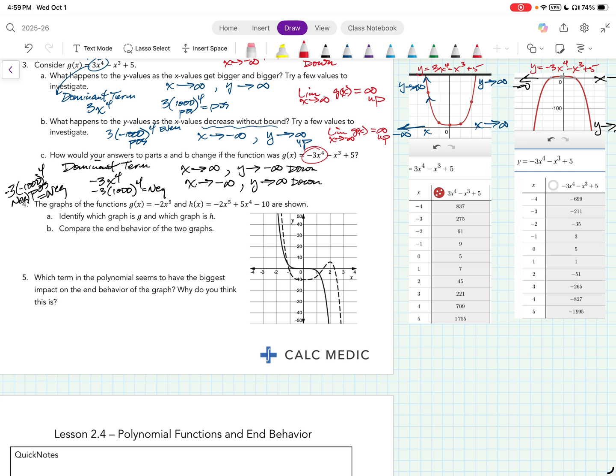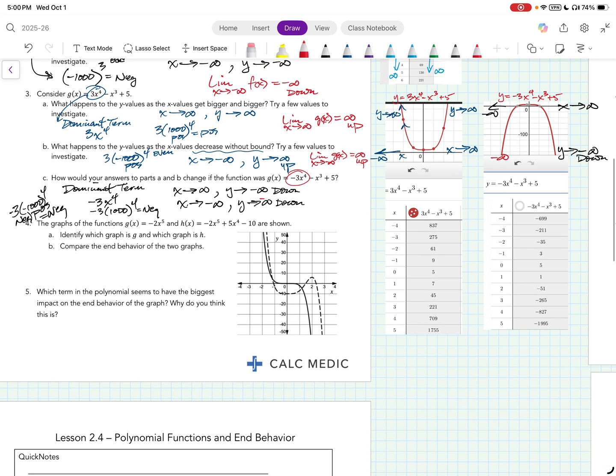Now the limits again are both negative infinity, because the function's going down on both sides because of that negative lead coefficient. And again, you can see it in the table as well. Okay. All right. Number 4, the graphs of the function g of x is negative 2x to the fifth,